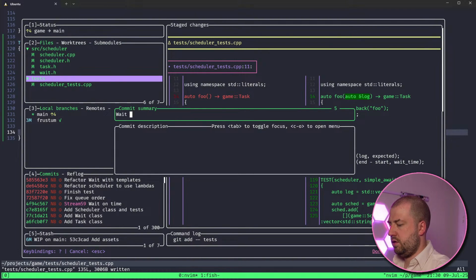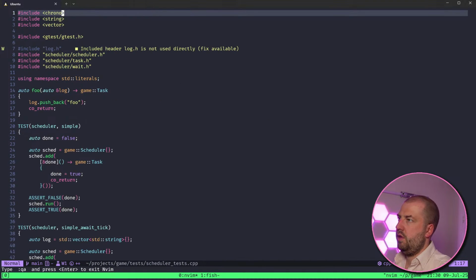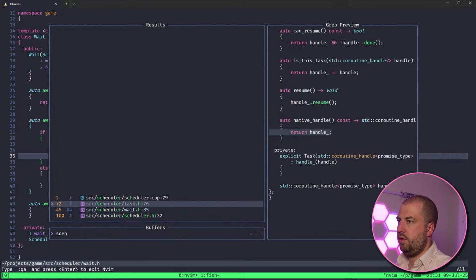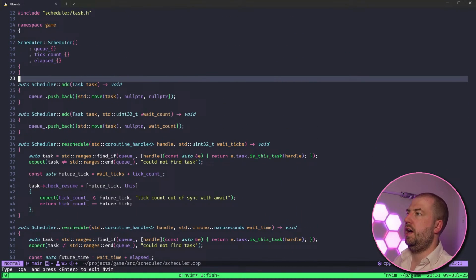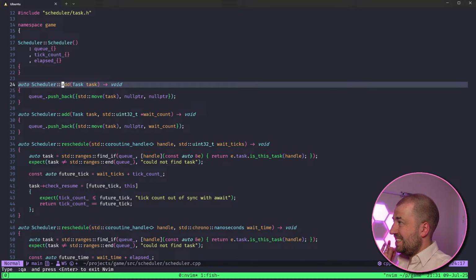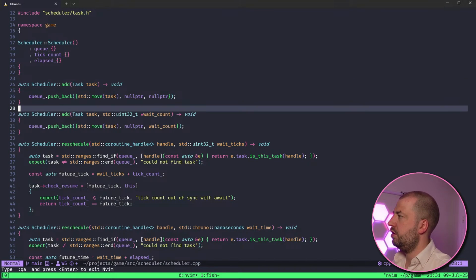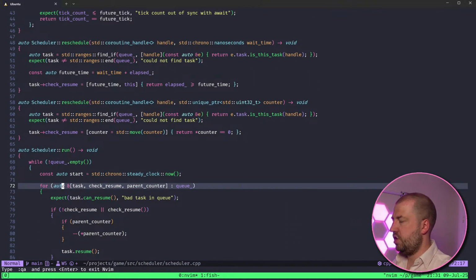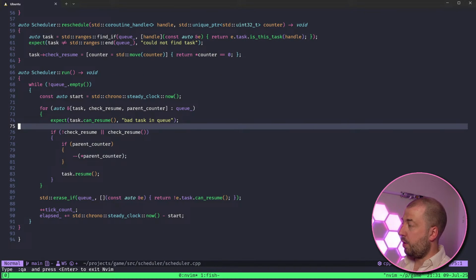Wait on other tasks. So basically, as a super simple recap, our scheduler allows you to add a task to it. The task that's added is not executed at that point. It is merely popped onto a queue, just sitting there waiting for something to happen. Ignore the rescheduling madness, and then our whole scheduler just runs whilst there are tasks to be executed. It takes each one off the queue.